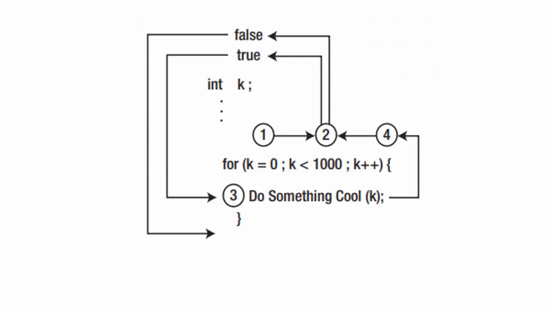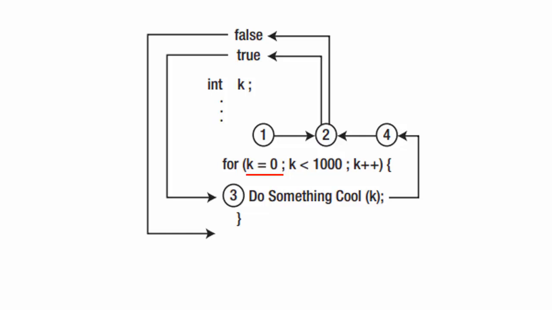This is the program flow of the for loop. The program begins with the definition of variable k, perhaps followed by some additional statements. Then the for loop is entered. First, expression 1, or k is equal to 0, is processed. Because that expression is followed by a semicolon, expression 1 is a complete statement. Note that expression 1 can have a comma